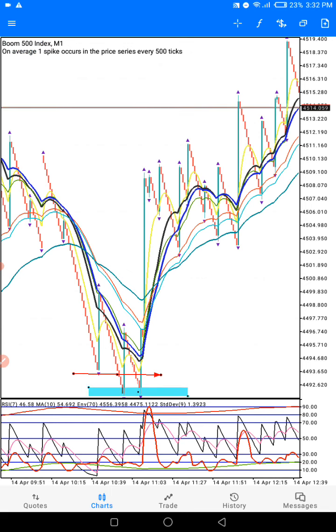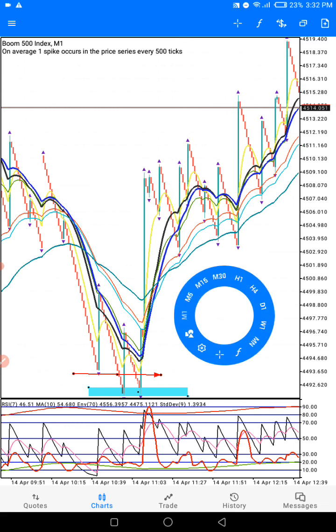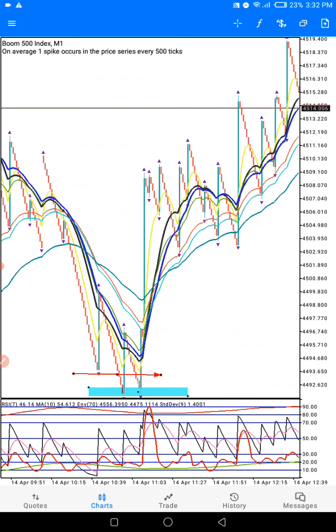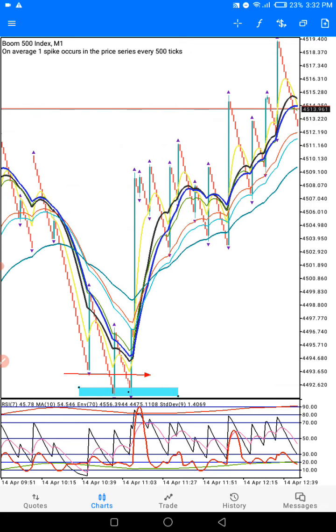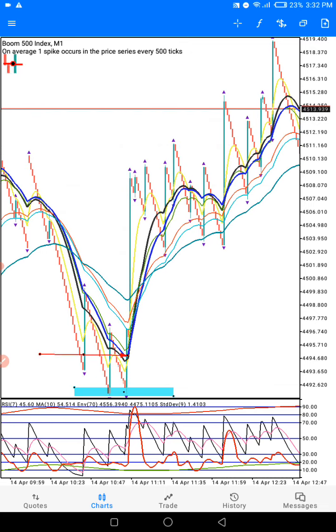Before you can get this resistance zone, you must go to a higher time frame first to get this zone. But I don't want to go there. I just want this video to be very short. Now, see the spike came up now in this format. See, the spike came up here